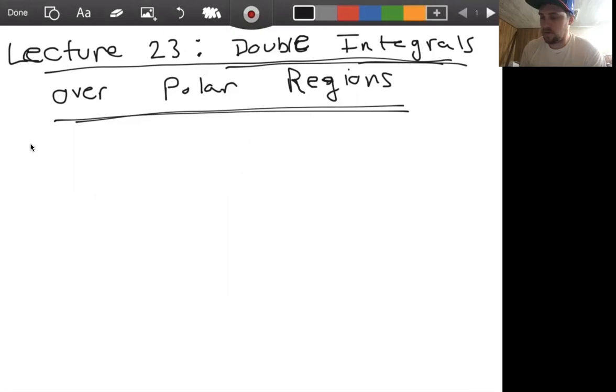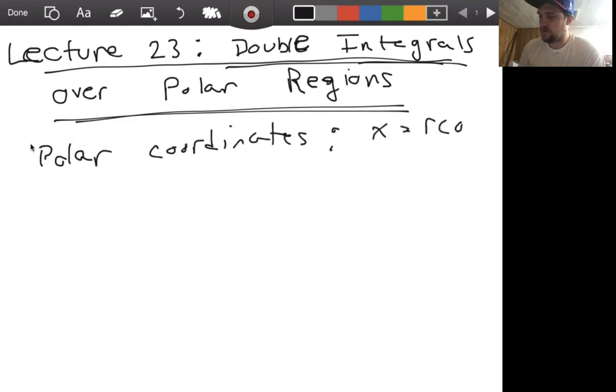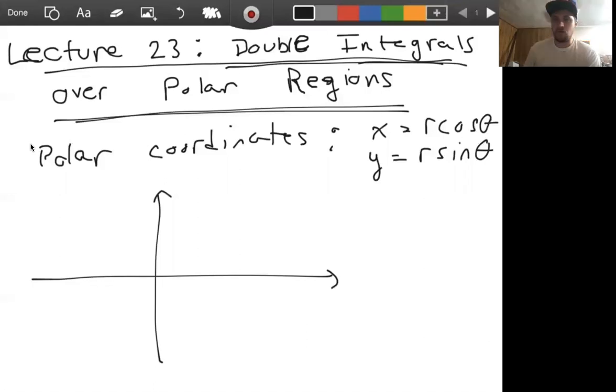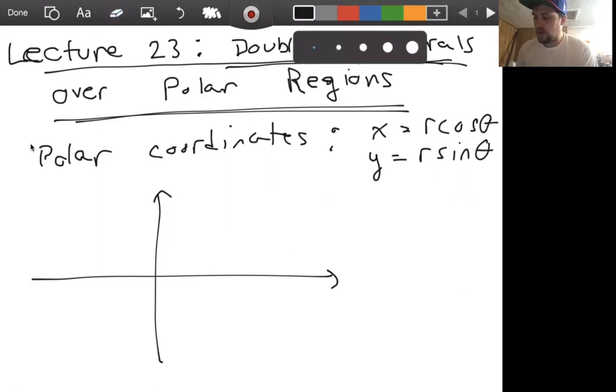And so what does a polar region look like? Well, remember our polar coordinates. We have x equals r cosine theta and y equals r sine theta, right? And so now when we're looking in two-dimensional space, we're looking at points classified as points (r, theta) instead of points (x, y), right? And so when we're looking at some region